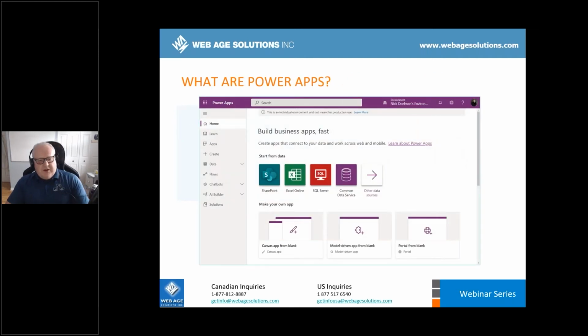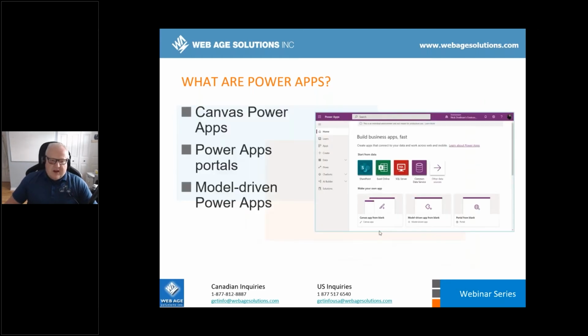So the next thing is, what is Power Apps? And I kind of skipped over that. Power Apps is really that low code, no code development platform to build apps. And we've all seen apps on our phones, we've seen business apps. With Power Apps, we're able to create 3 different types of applications. There's the Canvas Power Apps, there's Power App Portals, and then what we're going to be focusing on today is